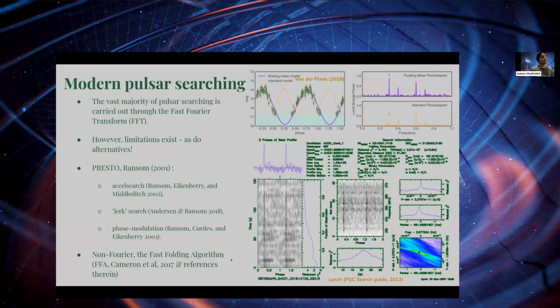There also exist non-Fourier methods of searching for pulsars. These also work with some degree of success, but between Fourier and non-Fourier methods, the Fourier ones dominate in terms of the number of